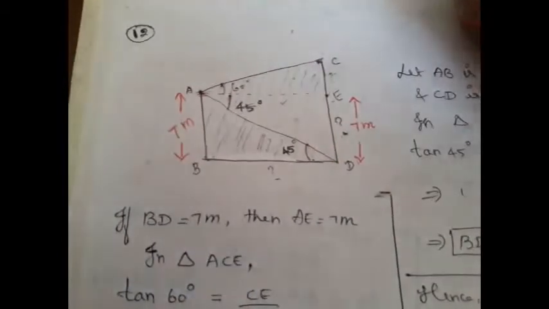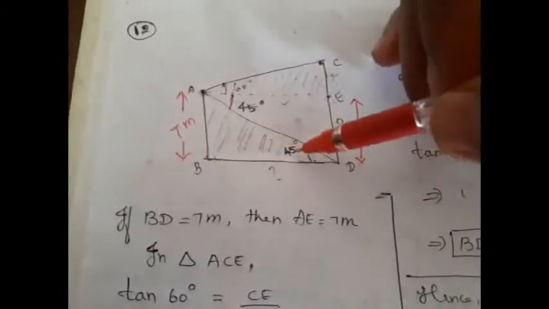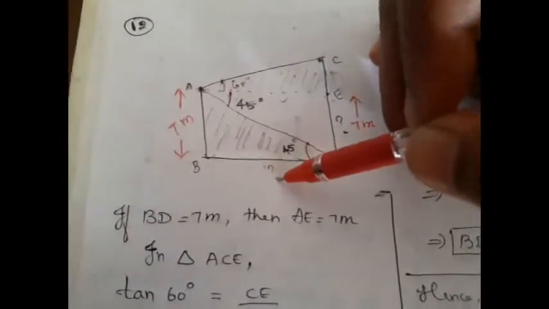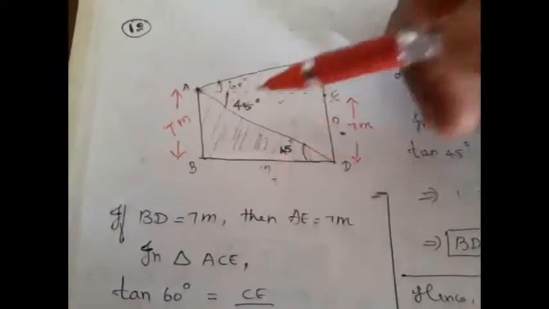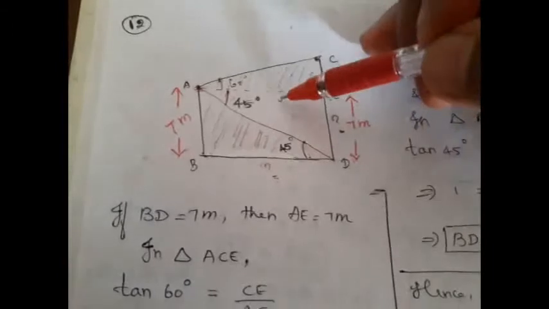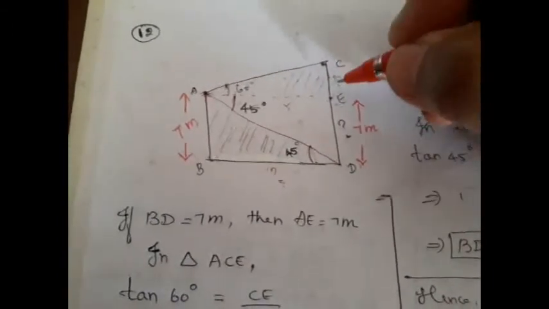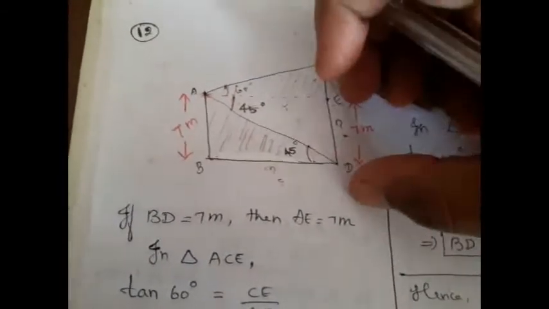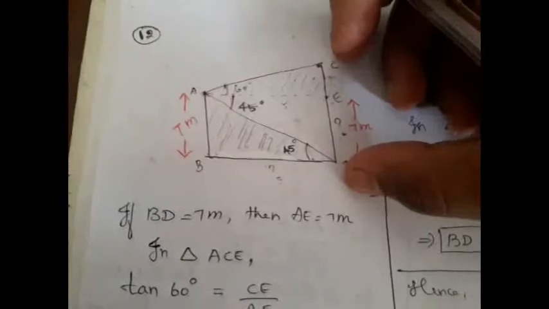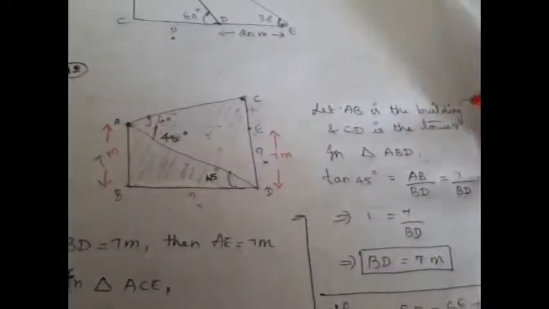So how can we find this? We have two triangles here. First let us consider this triangle and find what is our BD using tan ratio, because this is opposite and adjacent involved. Once we know BD, that is going to be exactly the same as AE, and we can find CE again using tan ratio. Once we know CE, we can add it with ED to get the height of the tower. That is the idea behind it. Now see how we can solve this.